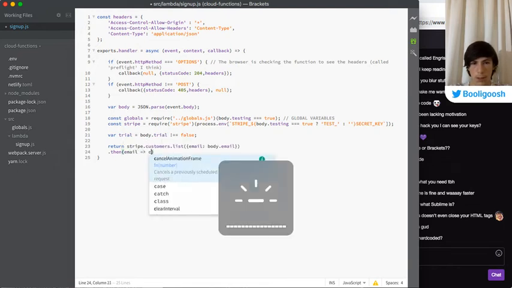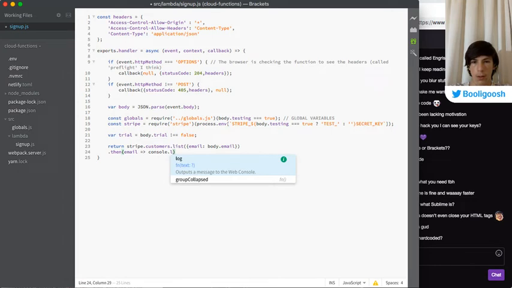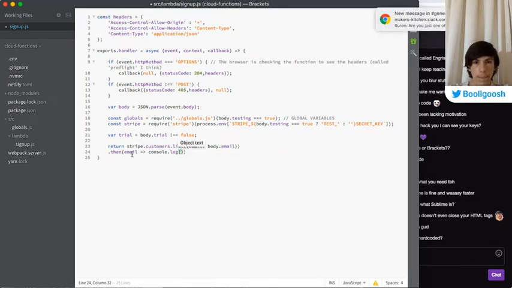Then we'll say then email, console.log customers with email. Okay, let's go like this. Now we're going to make something here.